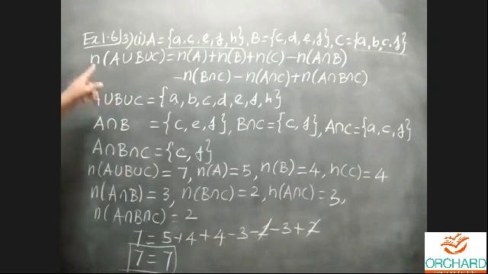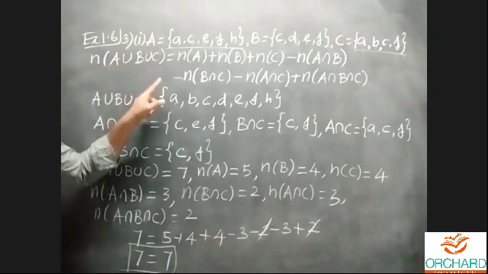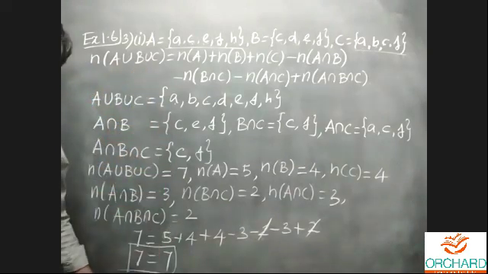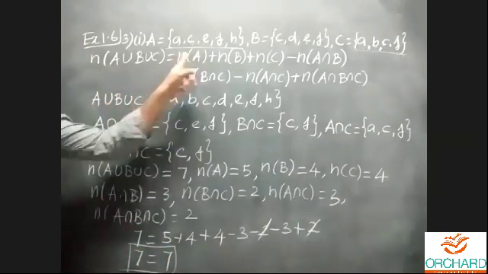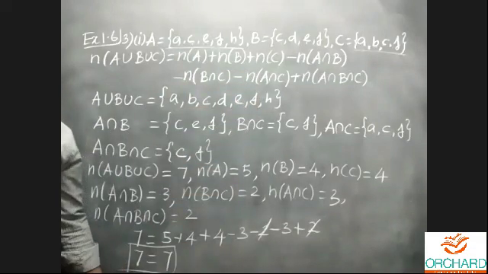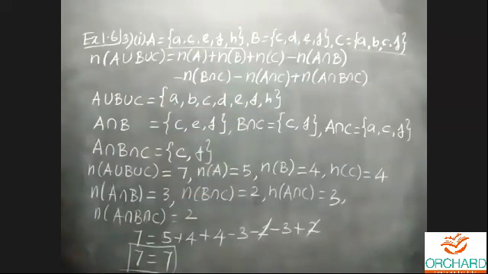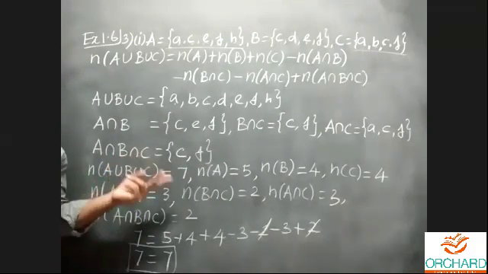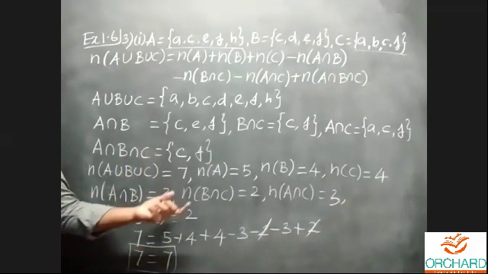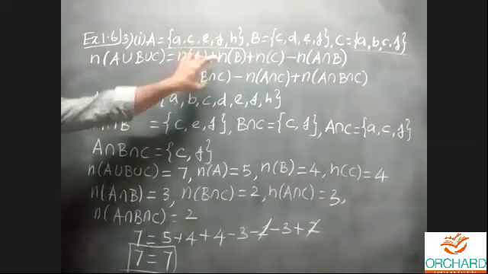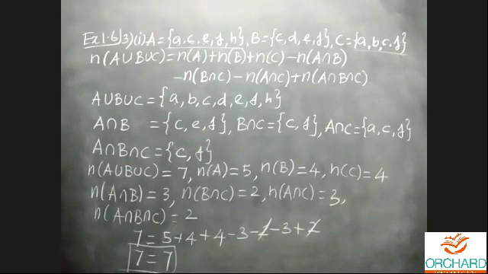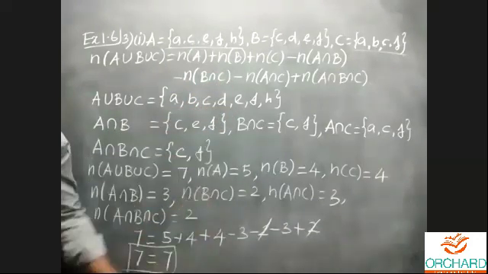Therefore, n of A union B union C. Once again, after getting the answer 7 equal to 7, you can repeat that n of A union B union C is equal to the full thing, and write it at the end of the problem. This is the idea; you can complete this problem. Very simple idea: you just identify union and intersection, union for 3 sets and intersection between the 2 sets and the 3 sets. Then you identify the cardinal numbers, substitute in this expression, and simplify. You get the answer. But for all the problems, it must be equal.